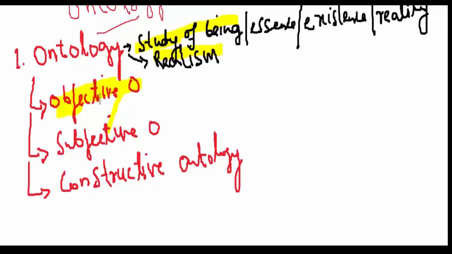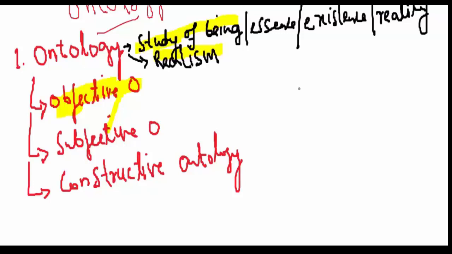So now let's talk in depth about these ontological perspectives. The first is objectivism, or the objective ontology, which we just talked about, which says that social reality is pre-existing. What does that mean? It portrays the position that social entities exist in reality external to social actors. So let's give an example to understand this.